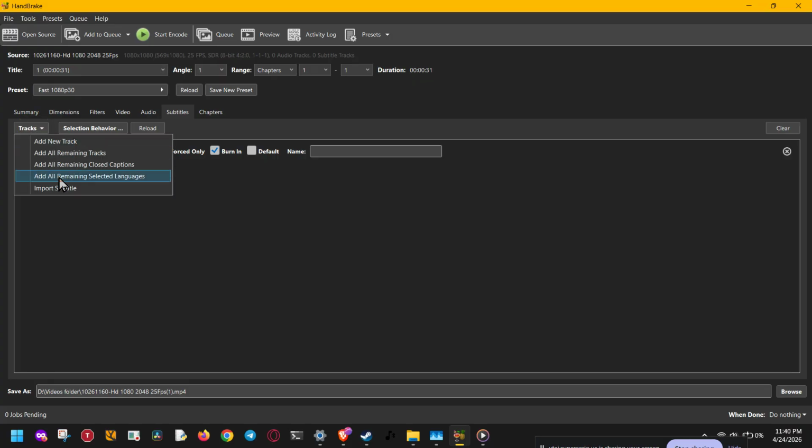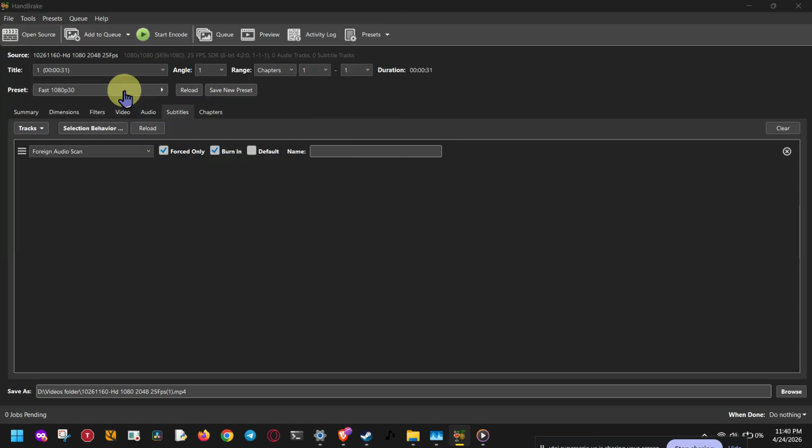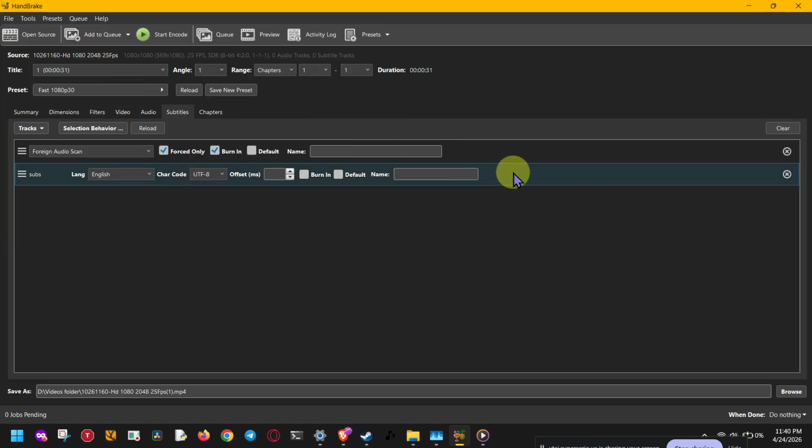If you want to add an external subtitle file instead, click Tracks and then choose Import Subtitle. From there, browse to the subtitle file on your computer and select it. HandBrake supports common subtitle formats like .srt and .ass, so make sure your file is in one of those formats